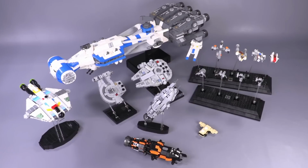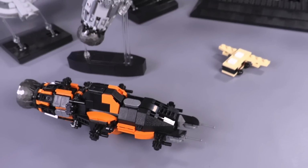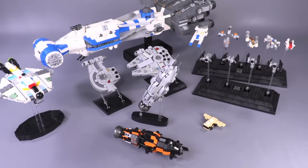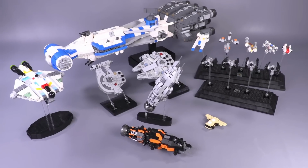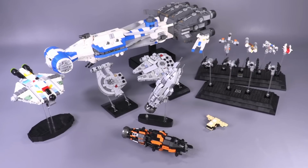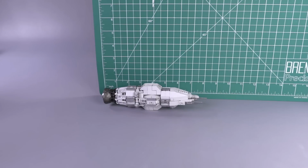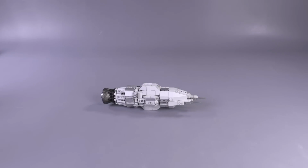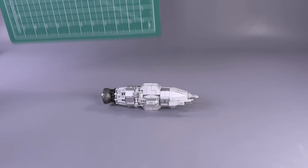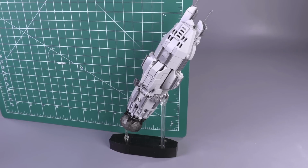In case some of you were wondering, yes, both the Rocinante and Tachi are built at the micro scale that we've been fleshing out here in the studio. So yes, this is actually exactly how big the Rocinante would be in comparison to the rest of these different Star Wars ships that you see in this shot here. Specifically, the dimensions for this ship come out to 7.5 inches long, 19 centimeters, and 2 inches wide and tall, that is around 5 centimeters. On this angular display stand, it comes out to 8.5 inches high or 21 centimeters,